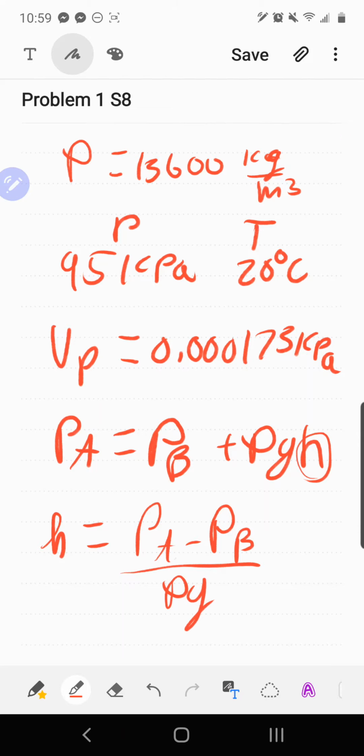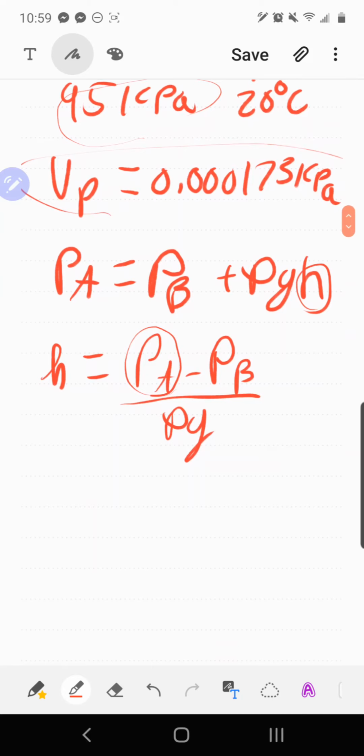Our pressure at point A is going to be here, where we have our 95 kPa. And our secondary point, our vapor pressure, is going to be our pressure at point B. Or I'll just say PA. Our rho g, we have rho here, and g is going to be gravity. So if we have all this information,